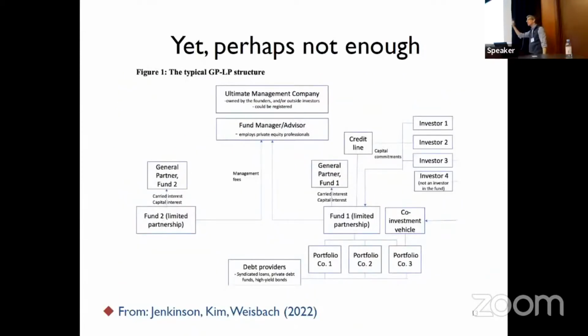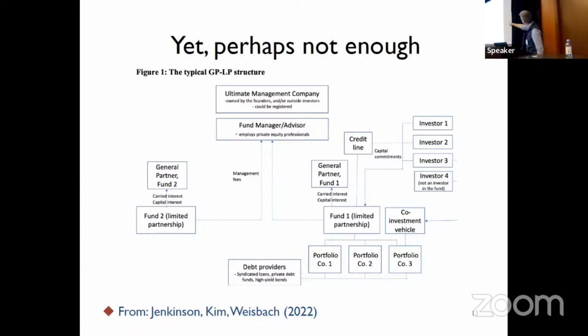Now, the second problem I have, that was the second concern, the second suggestion, is that despite doing a lot, the paper may not be doing enough. So what do I mean by that? Well, the figure I have up here is from a recent draft for a handbook in economics about private equity we're preparing, and Tim Jenkinson, together with some co-authors, wrote a chapter about private equity, where they are outlining the structure and mechanics of private equity. And that figure 1 is this. This is describing the typical structure of what private equity is and how it's organized.